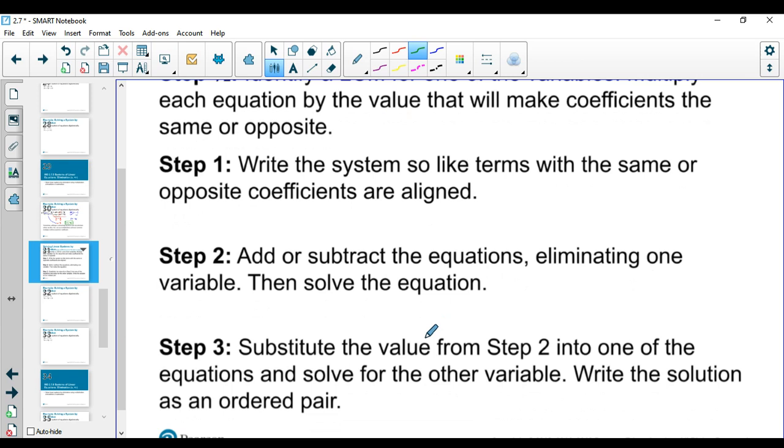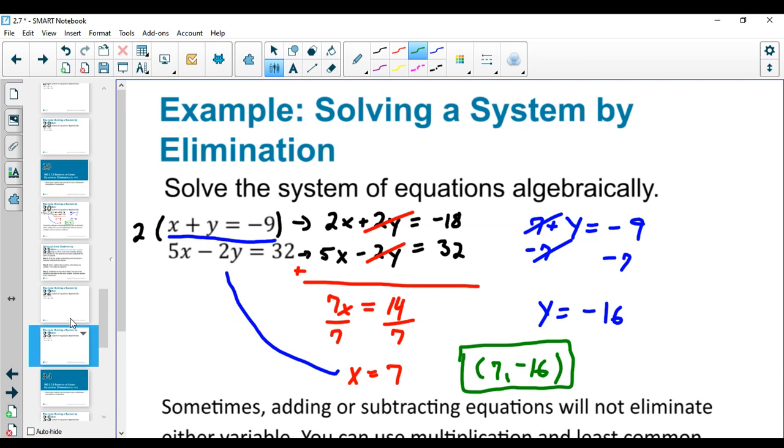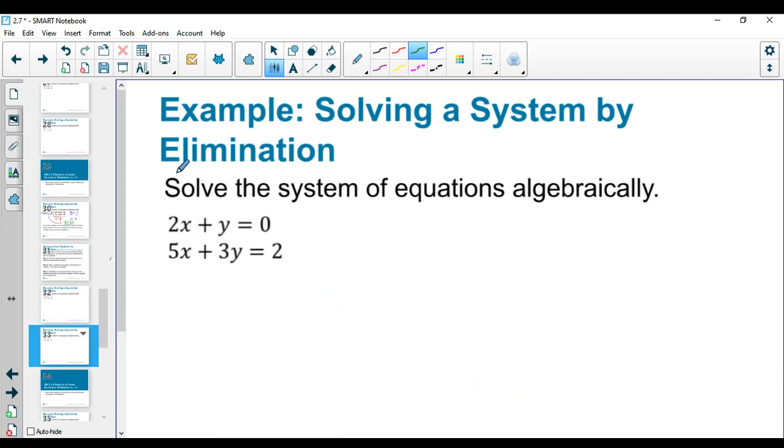But I think the idea is much more important, right? And so essentially, if you're still doing elimination, the whole goal of elimination is to have coefficients that match or are opposite. And so if they don't match or they're not opposite, then make them match or be opposite, right? So in this example, solve system of equations algebraically, that's the one we just did. So we can do the second example,